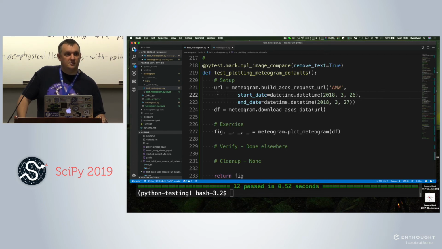So one way to reduce these small differences is to remove as much text as possible. Tick labels, tick titles. Those are the things that change a lot in versions of certain libraries on your system. And so to try and keep the test from falsely failing, we say remove the text.